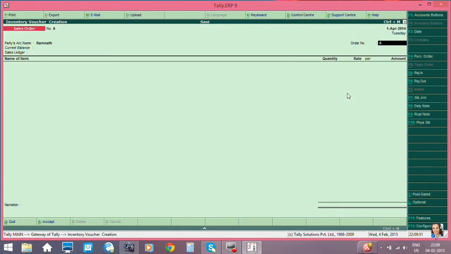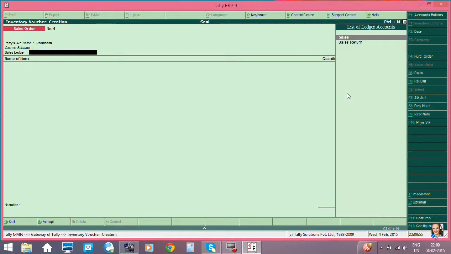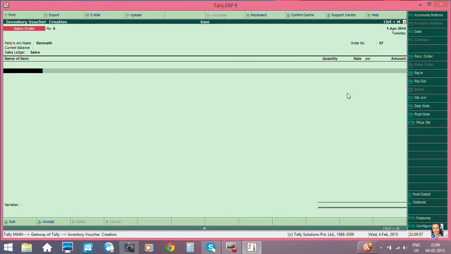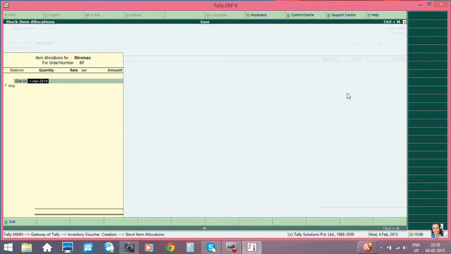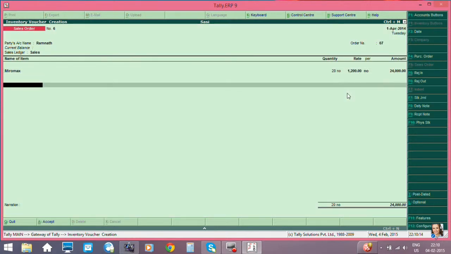Then press enter, give an order number 7, sales, select here, name of the item, select here. Here, give the quantity, rate, save it.